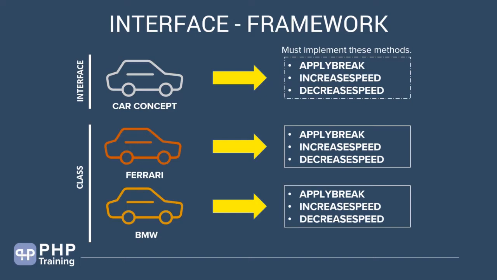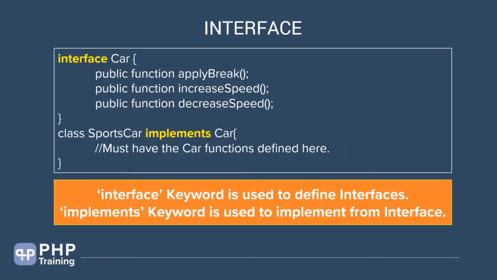Okay, so let's see how you define an interface. You have to use a keyword called interface, just as we use class as a keyword. Similarly, for the interface, you call it an interface. And we defined an interface called car. Then you define all the methods in it. The methods basically don't have opening and closing braces. The methods end with a semicolon, and you don't implement the methods in the interface. That's the key that you have to understand.